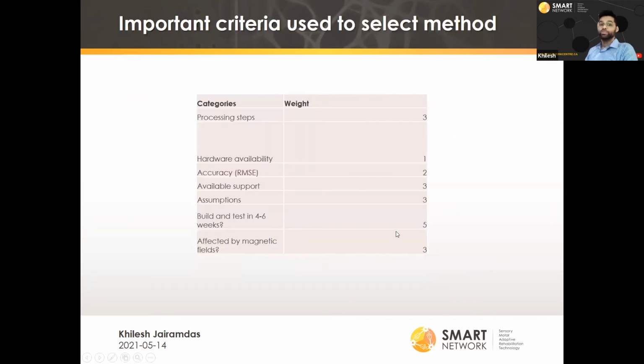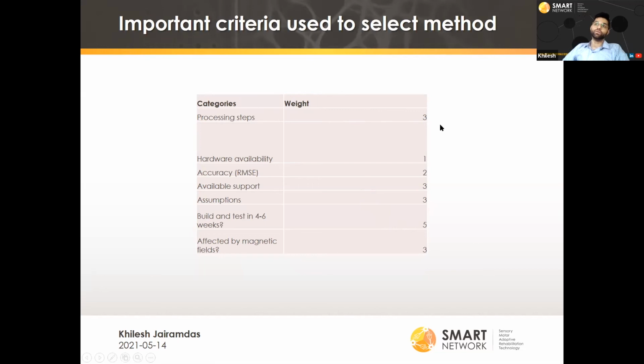So how do we choose between one of these? Well, there's several criteria that we can look at. Some of them I've already mentioned, but let's go ahead and give them some weights in relation to their importance. So with processing steps, I set this at a 3 out of 5 in weighting because it's